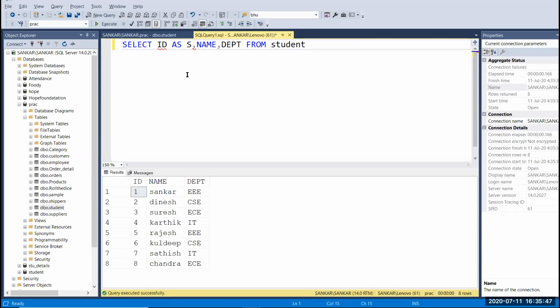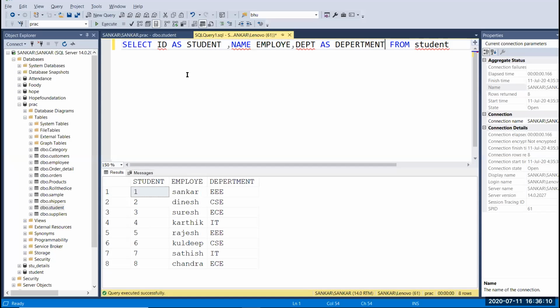And you can give an alias name for each column. Here I'm going to pass student, and instead of name I'm going to pass employee, and here I pass full department. Now I'm going to run this. Now you can see all the column names are changed into their alias names, that is student, employee and department.